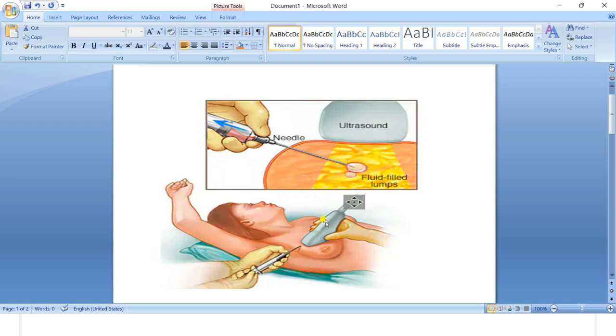After removal of this fluid, the doctor will send that fluid to the pathology laboratory for examination. What is the exact problem? He will know after the results are reviewed. So the doctor will review the results and tell the problem to the patient. So the physician will do this procedure.